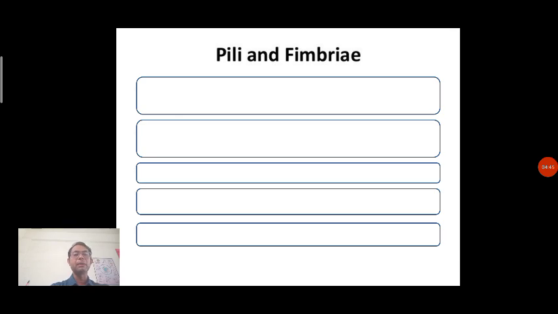Now, as we know, a bacterial cell is required to be attached to something. Say, for example, the bacteria are required to attach to the substratum, or to attach with another bacterial cell. So there are different types of organs developed in bacteria, particularly pili and fimbriae. These are the two types of organs developed in bacteria that help the bacteria attach